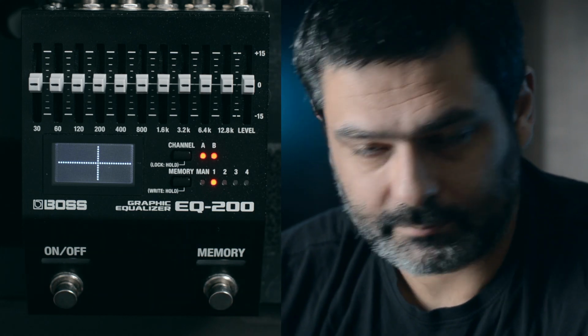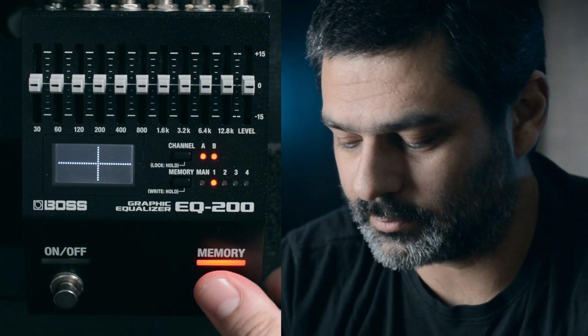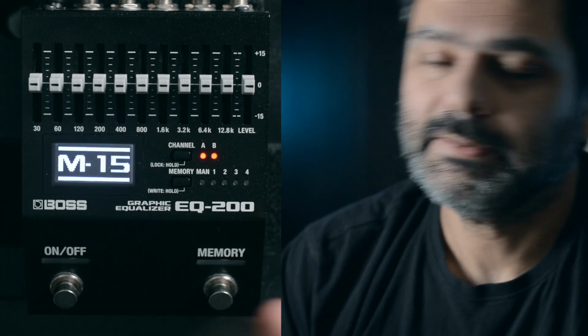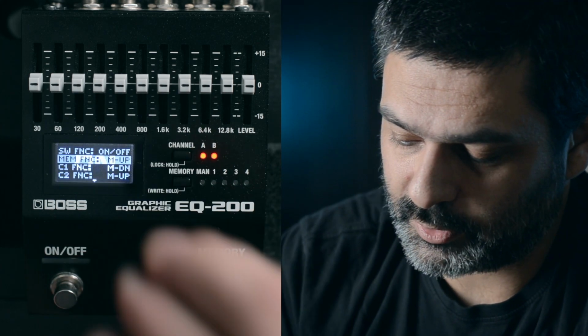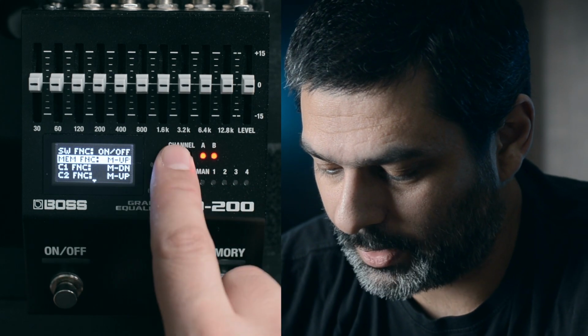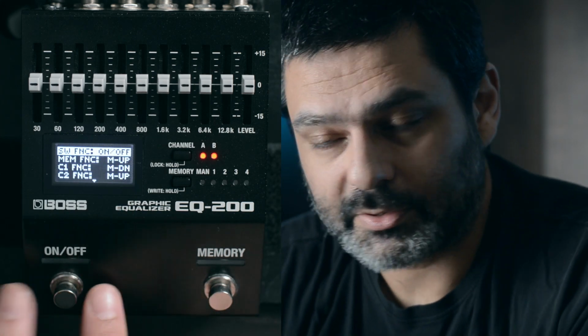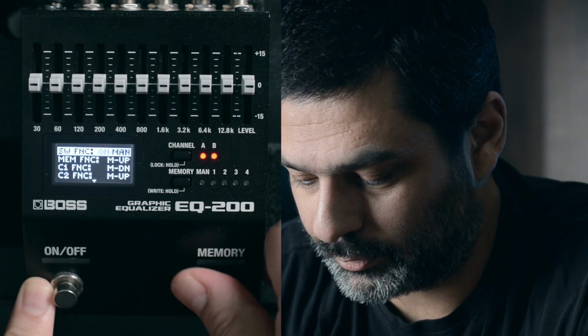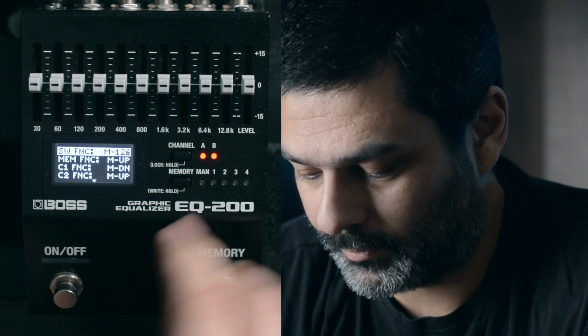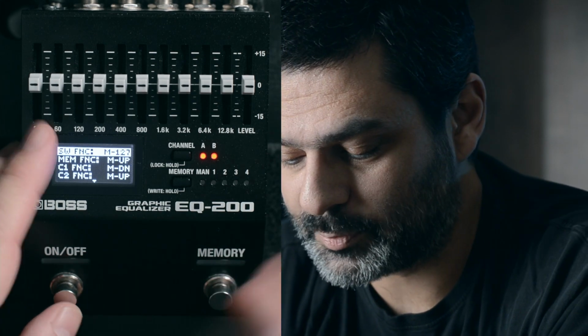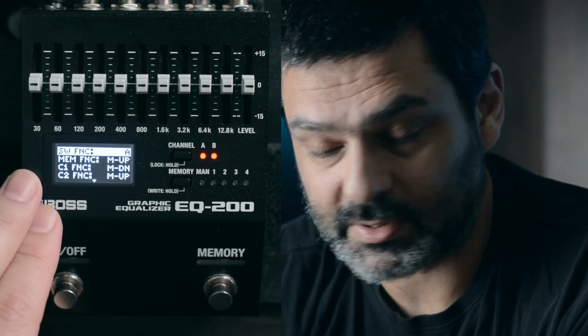So to go from 4 to 2, you'd have to press and it takes time. Boss has also given you ways around that. So if you come to the menu and you go up, you can actually turn your switch function to either be a direct access to any memory, or if you press and hold, when it comes past memory 127, you get to the functions.